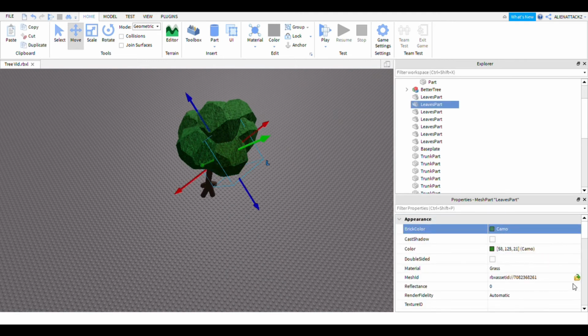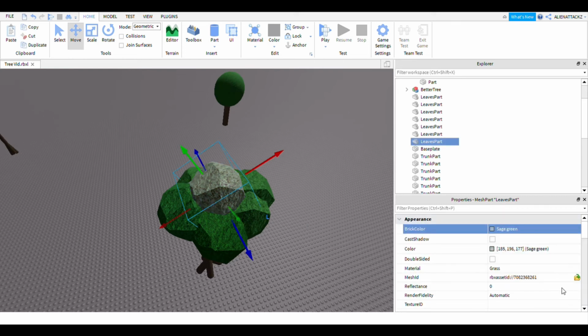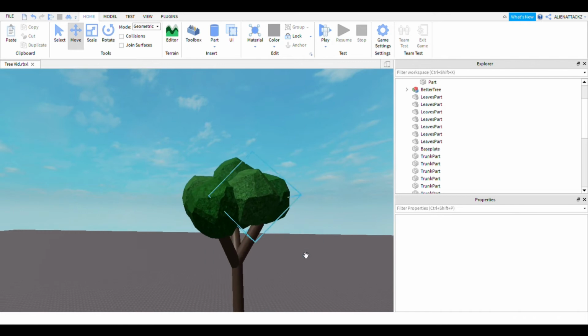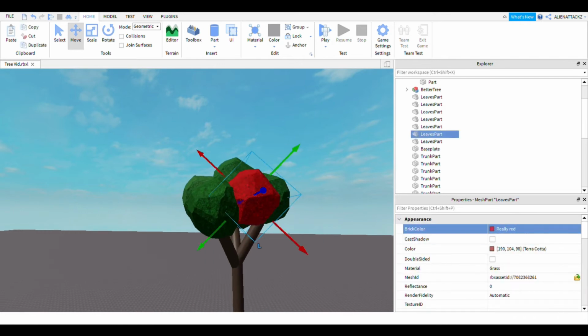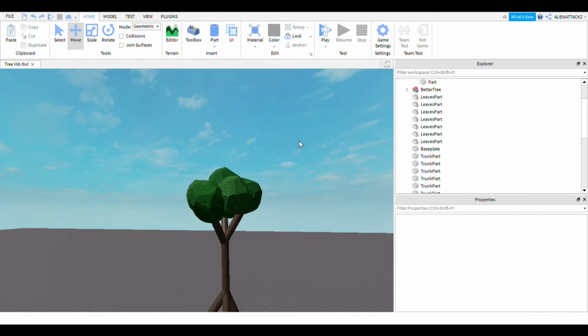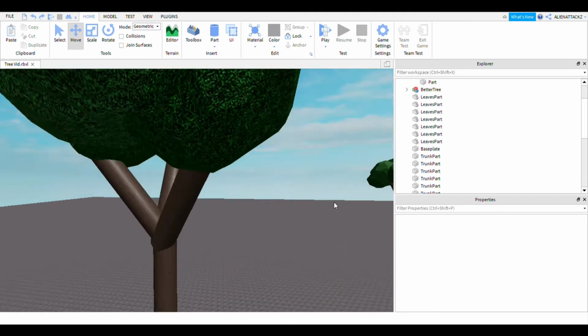So just take a moment to make the trees look good. Oh, and by the way, guys, you can make these trees red with a lighter shade. Do whatever you want. It's your tree, not mine. All right, this is my tutorial. But once you're done with the tree and you're happy with it,